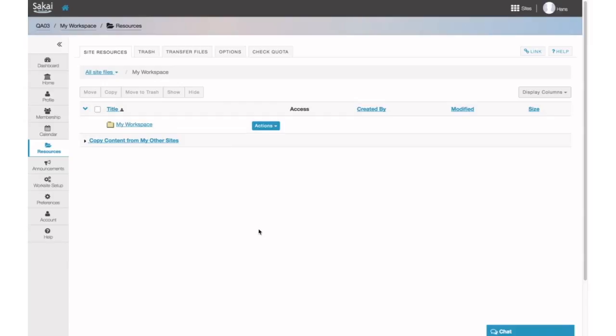So if you're a keyboard user, and obviously this is not so much applicable for screen reader users, but if you're a keyboard user, you need to know where your focus is, and the only way that you can know that when you're tabbing through an interface is if there's a good, clear indication of focus. So on this page from Sakai, for example, if I tab through this page,